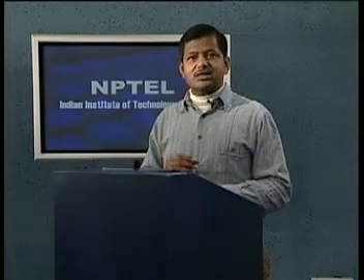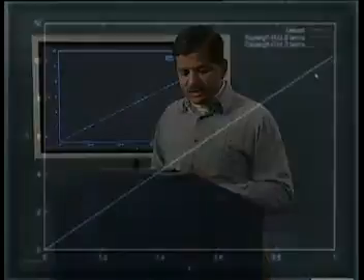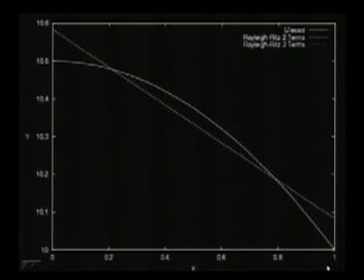So let us look at this graph that we have plotted of the displacements for the 2-term solution and for the 3-term solution as a function of x. So you see that here you can hardly see a difference. The two graphs almost overlap with the exact one. Let us now see what happens when we look at the derivative information.